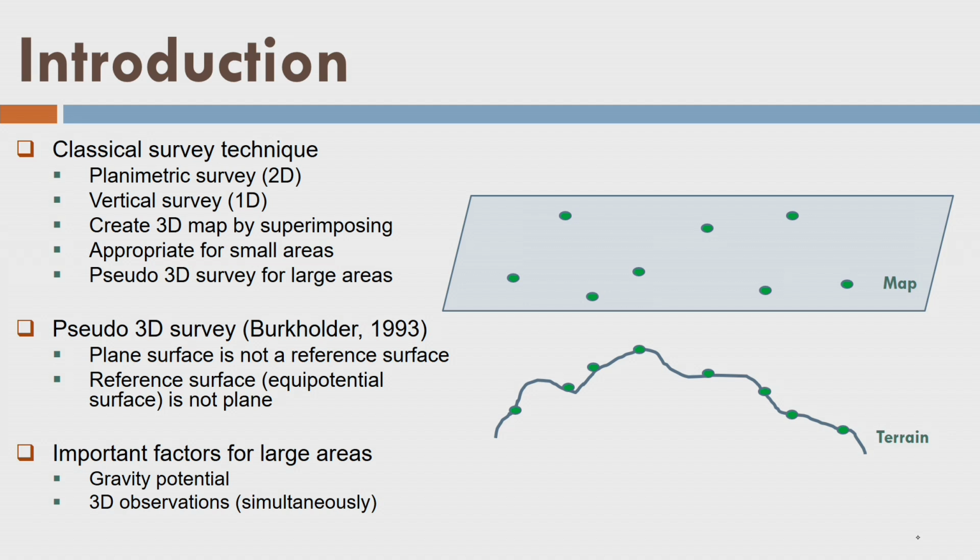Later I did a vertical survey, that is a one-dimensional survey, and I collected the heights with respect to an equipotential surface. Since I did not have any idea of equipotential surfaces, I took the mean sea level by observing the variation of sea level over a period of 19 years, and then I found out the average mean sea level over the long period.